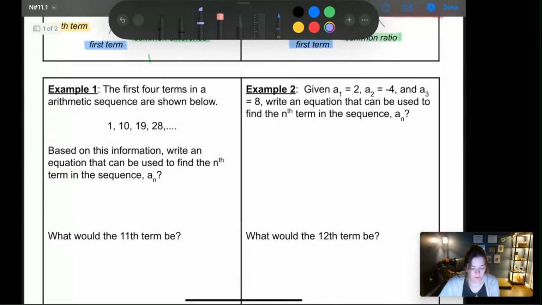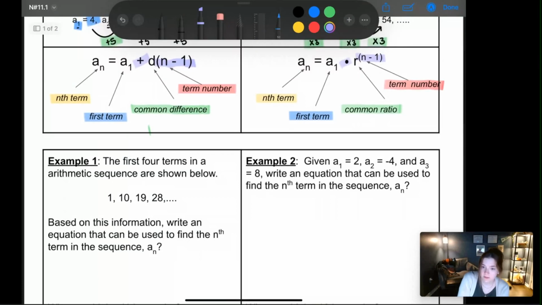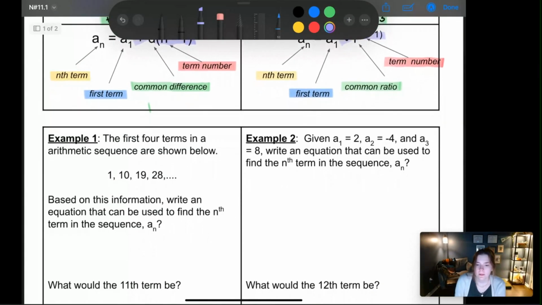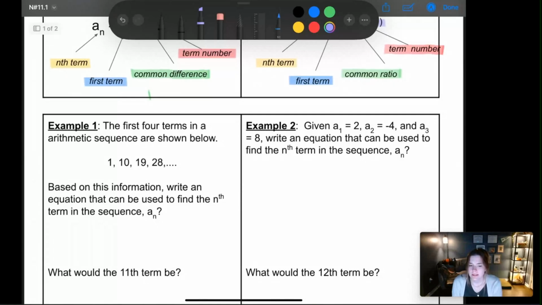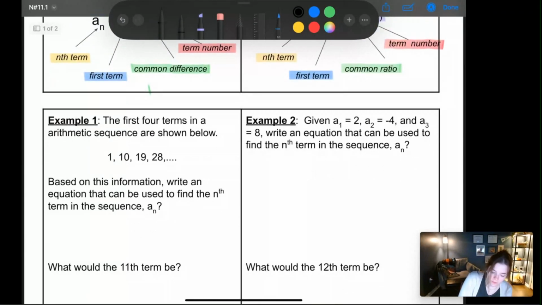So, for example 1, the first 4 terms in an arithmetic sequence are shown below. So it tells us exactly what kind of sequence it is. This one is an arithmetic sequence. If that's true, then we are going to be using this first one right here. 1, 10, 19, and 28. Based on this information, write an equation that can be used to find the nth term in the sequence, a n. Well, like we said, it already told us it was an arithmetic sequence, so we know we're going